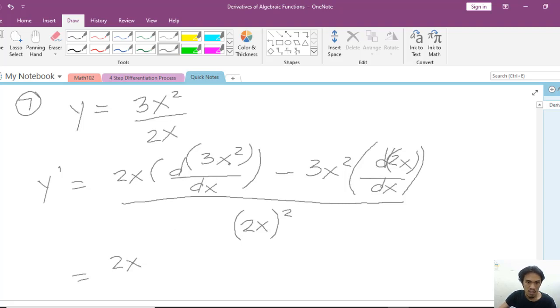The derivative of 3x squared is simply copy the constant, and the derivative of x squared with respect to x is bring down the exponent, copy the base. New exponent would be 2 minus 1 or 1 times the derivative of the base, x with respect to x, which should be 1, minus 3x squared